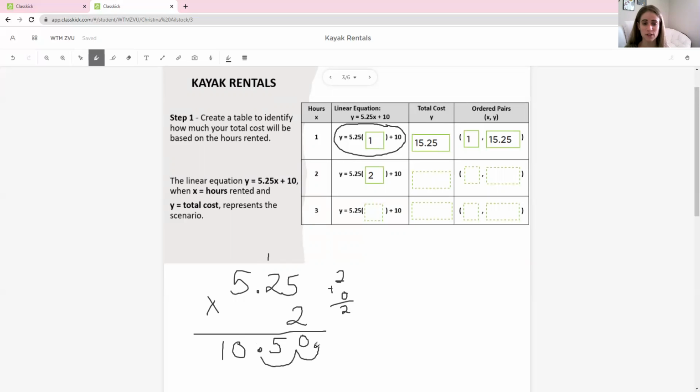All right, $10.50. Make sure that you keep going because look, we have our entire equation. We just did the first step, we multiplied. Now we need to add the $10 to that. Well, $10 plus $10.50, $20.50. Switch on over to cursor mode, click in the box,